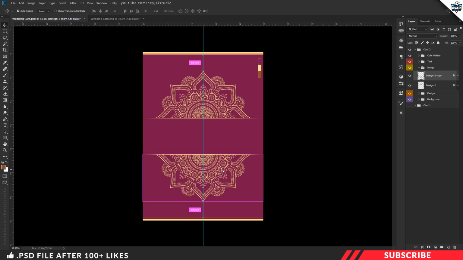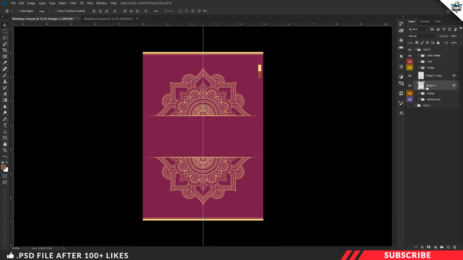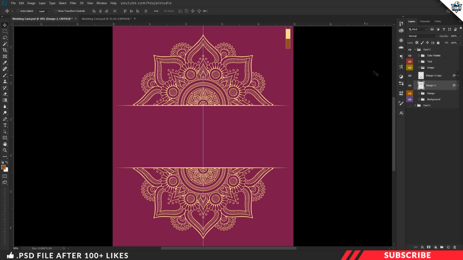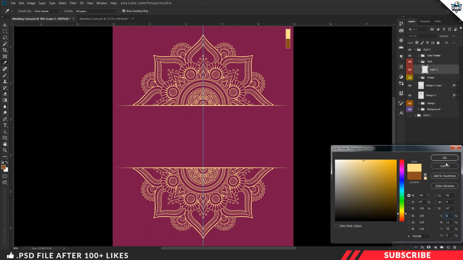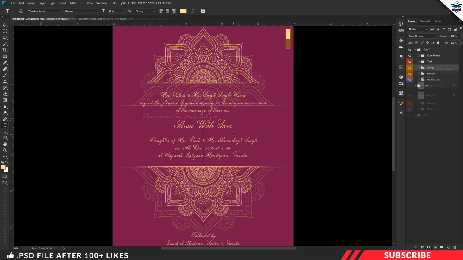In the middle, we are going to add text content. Based on your text content, change the position and size. Next, we are going to add our text content. For that, create a layer inside text group. Go to color picker, select bright yellow color, this one. I'm using very same font. I'll reduce the font size a little bit. Now type in your text content. Once you're done, our card is almost ready.